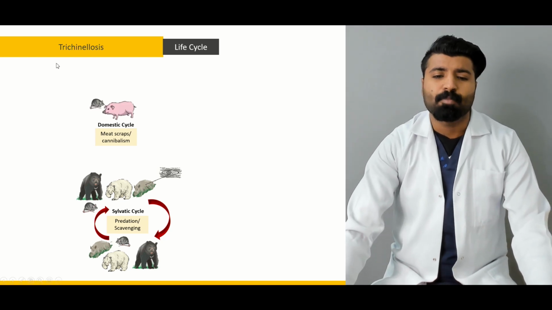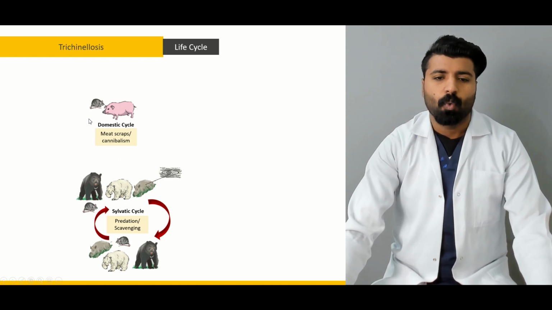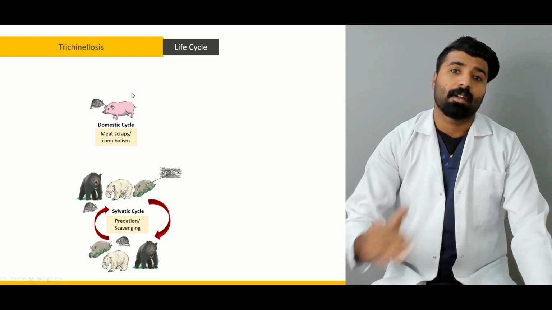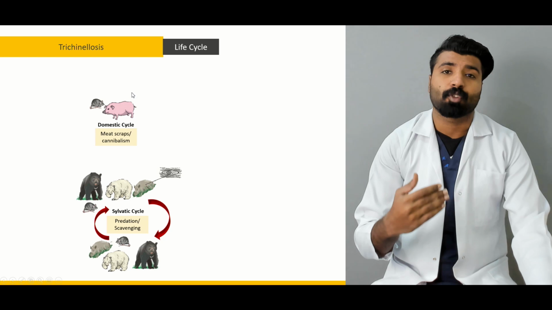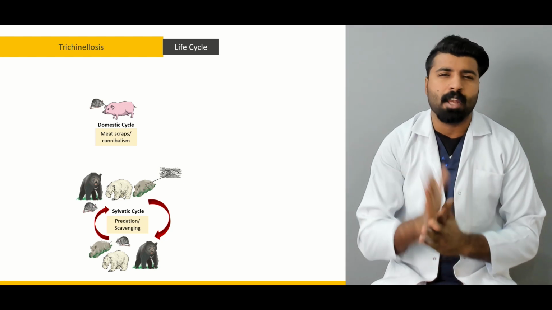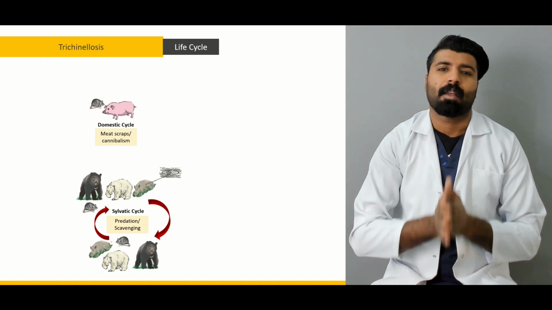So in the cycle of meat scraps, we are most probably going to be eating either rodents, rats, or pigs. Pigs are responsible for about 90% of causing this pathology. If we're asking which animal is the basic reason for us to get this pathogen,